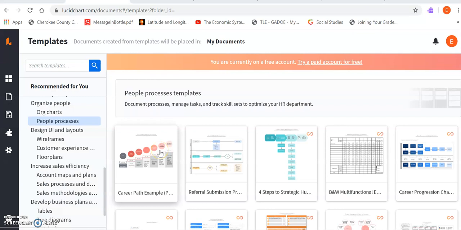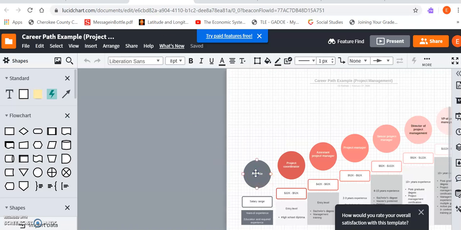The next tool I want to talk about is through Google. It is called Lucid Diagrams, and I find this to be an excellent way for students to actually come in and make their own, not only flow charts and graphic organizers, but they could go even further and create their own infographics. So I just chose one random one here, and then they could come in and they can edit